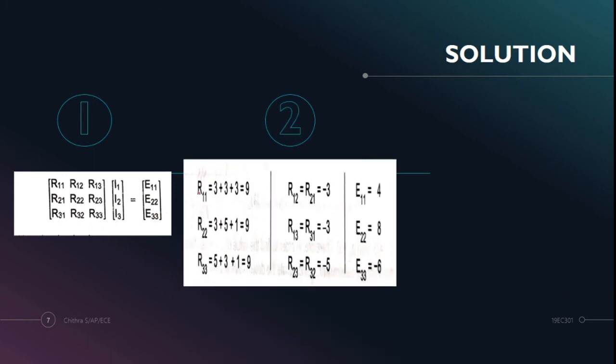So now we are finding R11. I want you to solve this on your own, because we have seen how to do this in the previous problem. R11 means exclusive to the first mesh alone. R22 means exclusive to the second mesh alone. R33 means exclusive to the third mesh alone. And we are finding the common resistors between mesh 1 and mesh 2, mesh 1 and mesh 3, and mesh 2 and mesh 3. So we are finding all the elements required for the resistance matrix, and next we have to find the voltage sources.